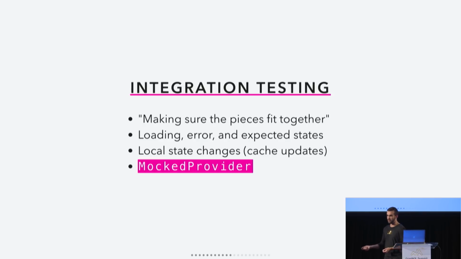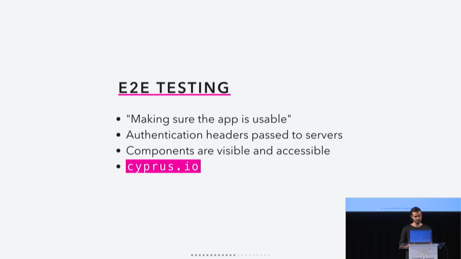So whenever your query and your mutation components later on try to make a query and a mutation, they can look at the context and see, hey, here's our client. This is what we're actually using to make requests. So we provide this tool to make that a little easier for you.